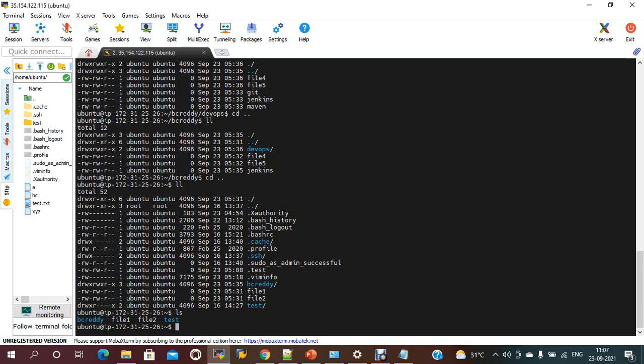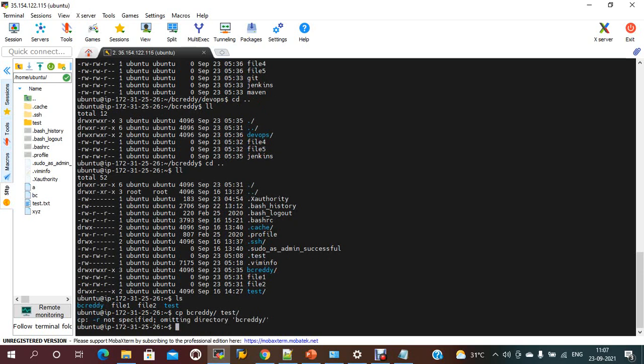If I want to copy the bcready directory into the test folder, okay, so cp bcready is the source and the destination is test, it does not work. It says it is not specified, omitting the directory.